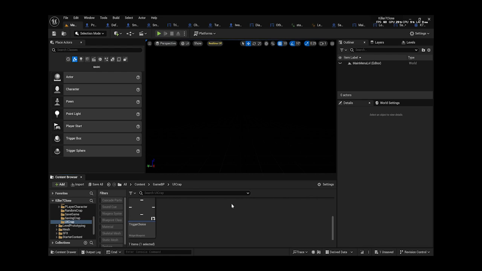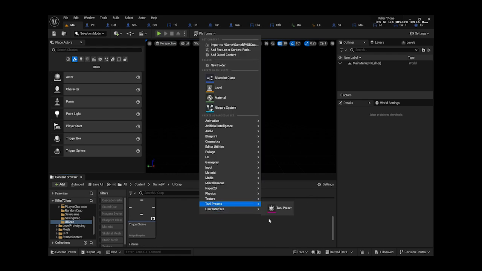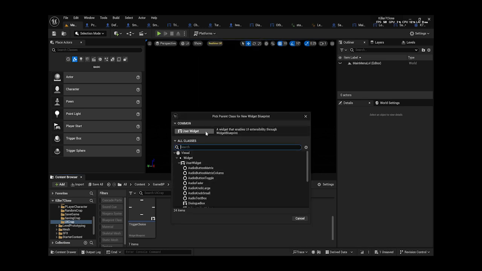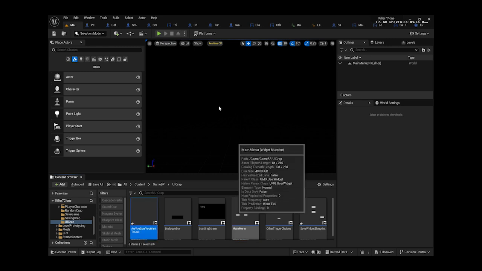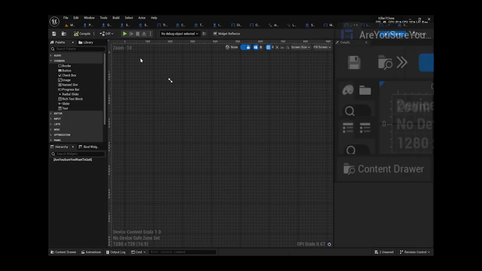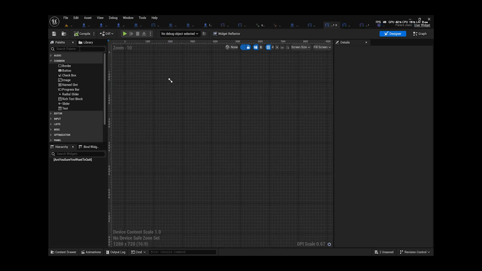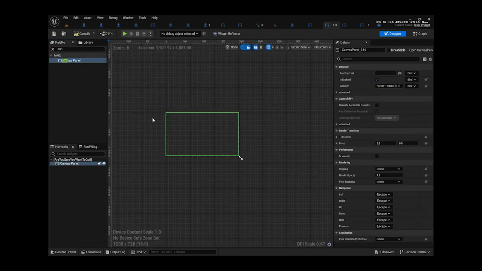So we have to add one more UI widget. User interface, widget blueprint. And this will just be a widget blueprint. I'm gonna call this Are You Sure You Want To Quit. Okay, so what'll this do? Well, this will have only obviously two buttons, yes and no, with the text, are you sure you want to quit? I'll also have a back button that will go back to